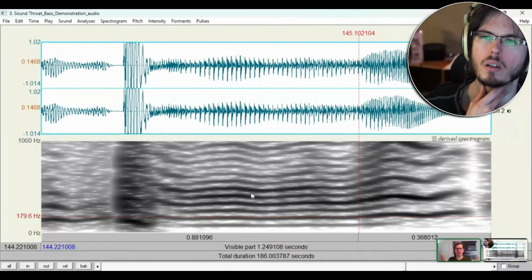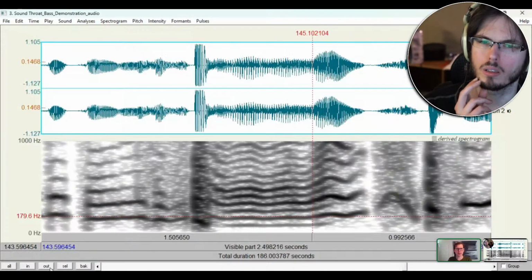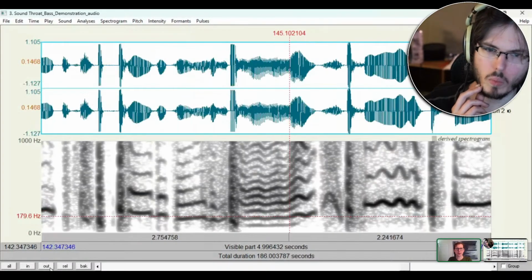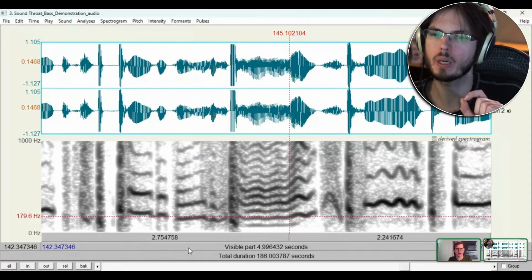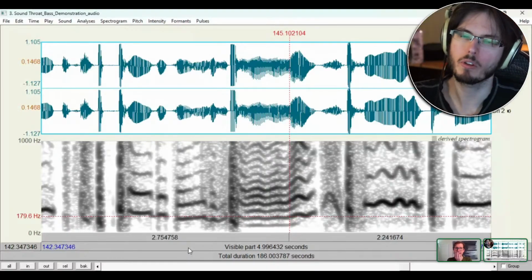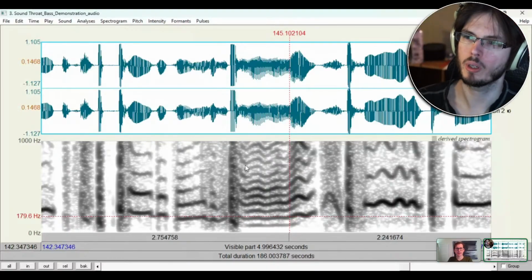Okay, so this is, I think, a second beatboxer, a different beatboxer, who also submitted a demonstration of throat bass. But they were kind enough to not just do throat bass, but also do some beat rhyming along with the whole thing. I wanted to point out something real quick. I want to point to the spectrogram. If we've noticed so far, a lot of it is a little fuzzy, and yet this demonstration has a lot of very clean lines.